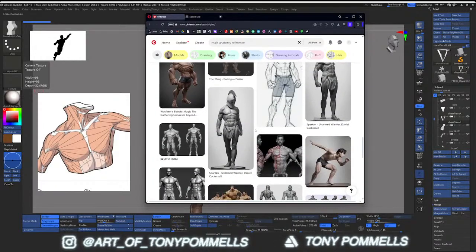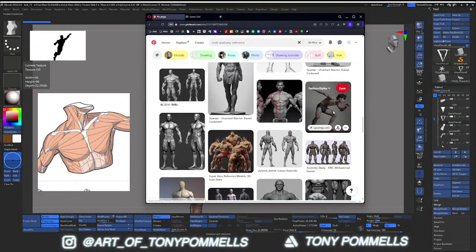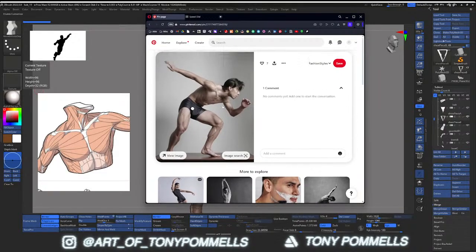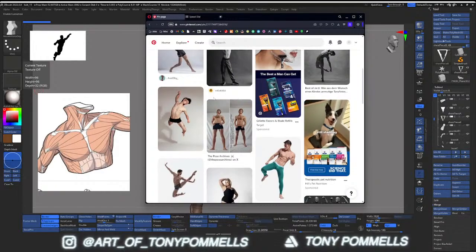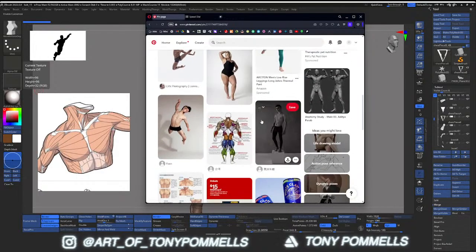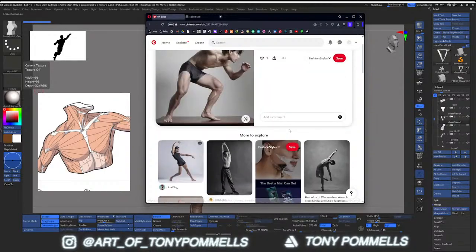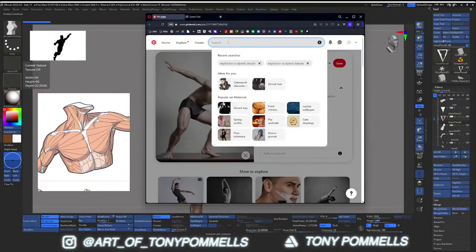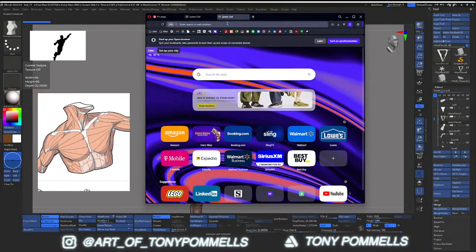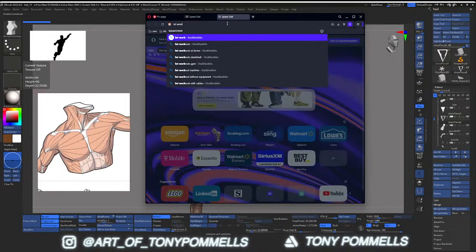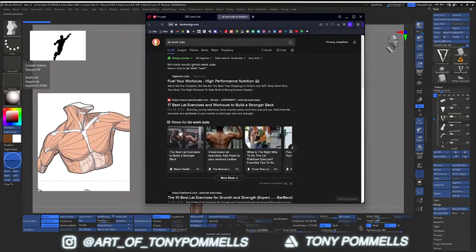But now, when it comes down to getting muscles for stuff like dynamic poses, say you do find reference like this that for some reason actually fits, or luckily fits the project you are working on, that's awesome. But sometimes it's a little bit harder to find specific reference. So for me, you can look up specific workout routines. Say if you want reference for lat workouts, and this also goes into